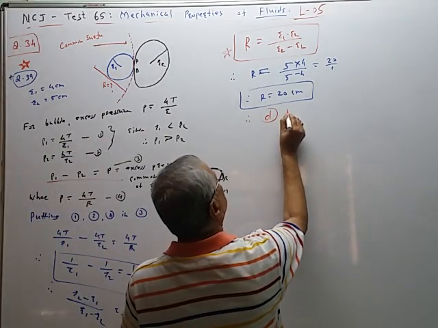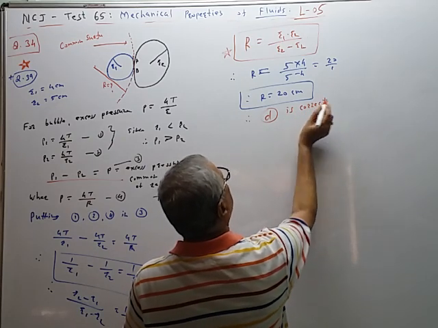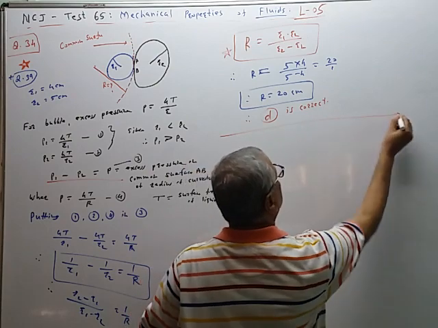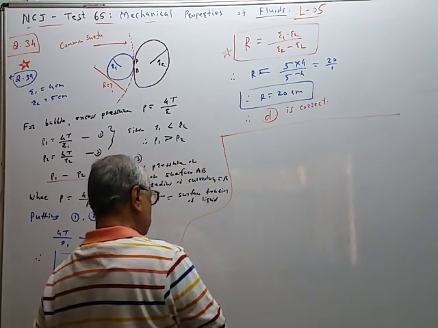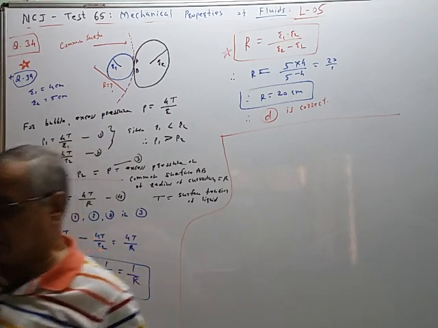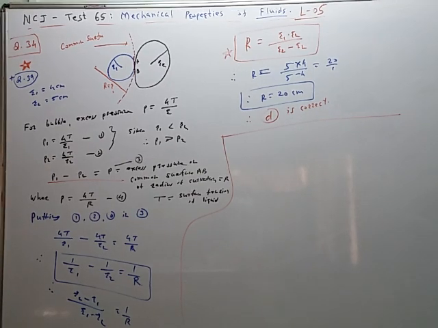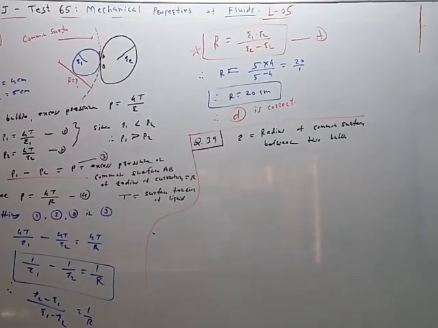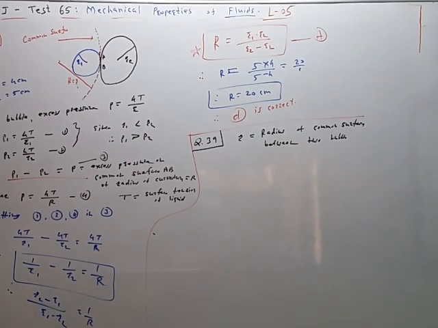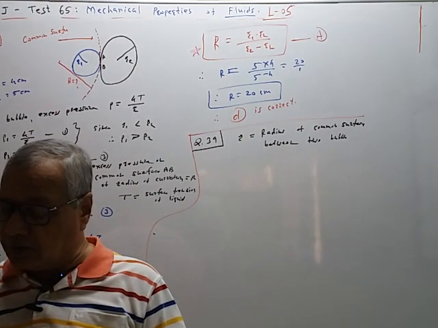Therefore, D is correct. Like this. जो फॉर्म्युला आपल्याला डिराइव करता येईल पाहिजे थोडक्यात. Next, question number 39. It is similar to question number 34. Therefore, we are taking these two problems consecutively.